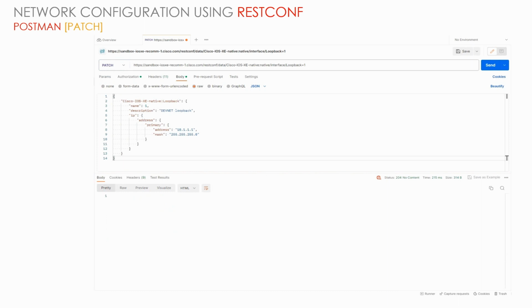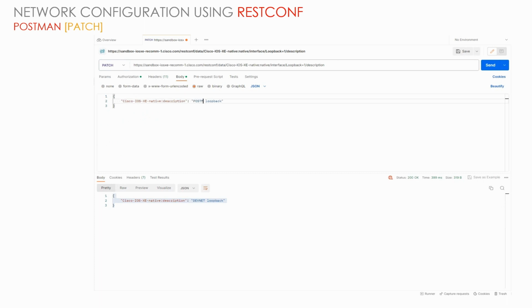The status it is showing is 204, no content. To verify, we will use GET again on the description to see whether it is changed or not. So we put the description, then send, and we'll get the description as devnet loopback. We can also use this body and change only the description field of it. So we're using the patch, again changing the description using the Cisco IOS XE native description body in JSON